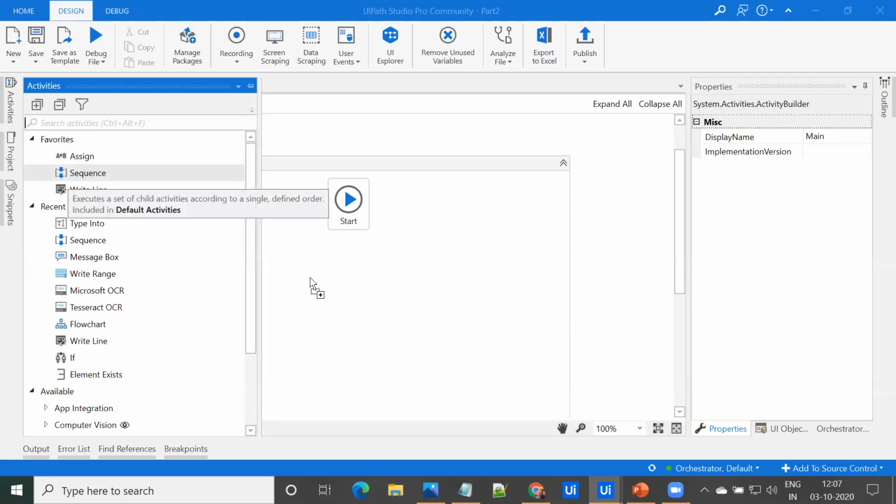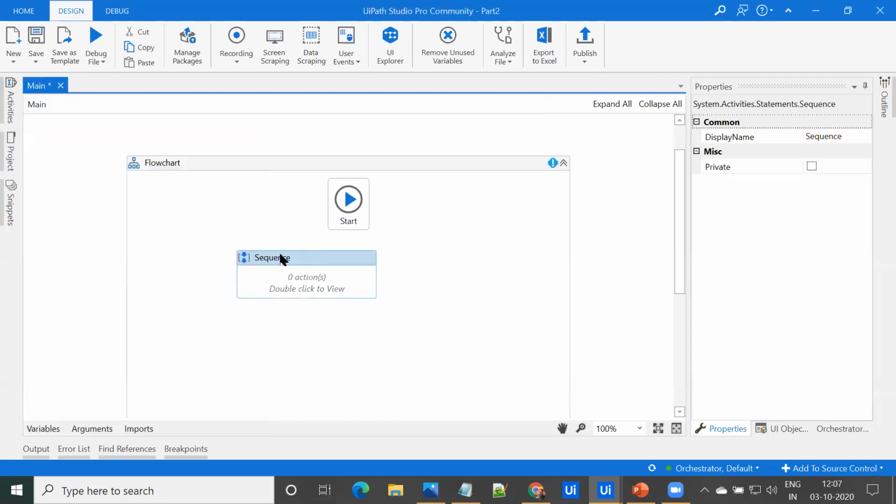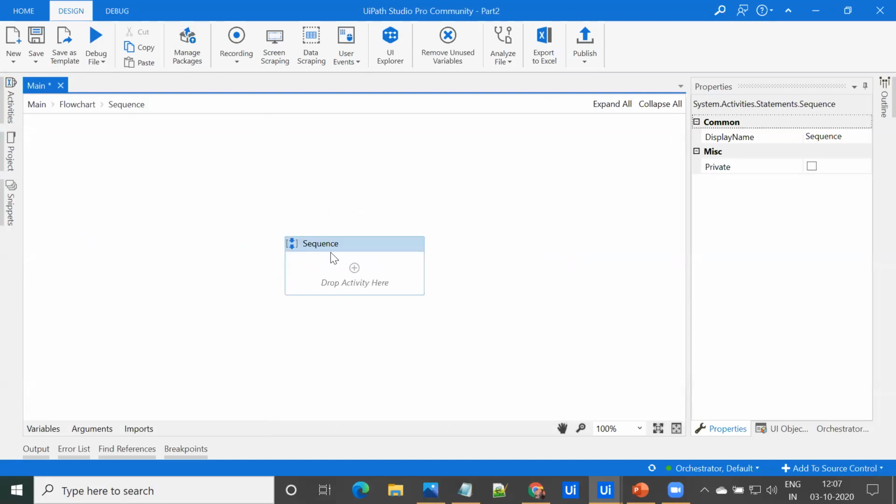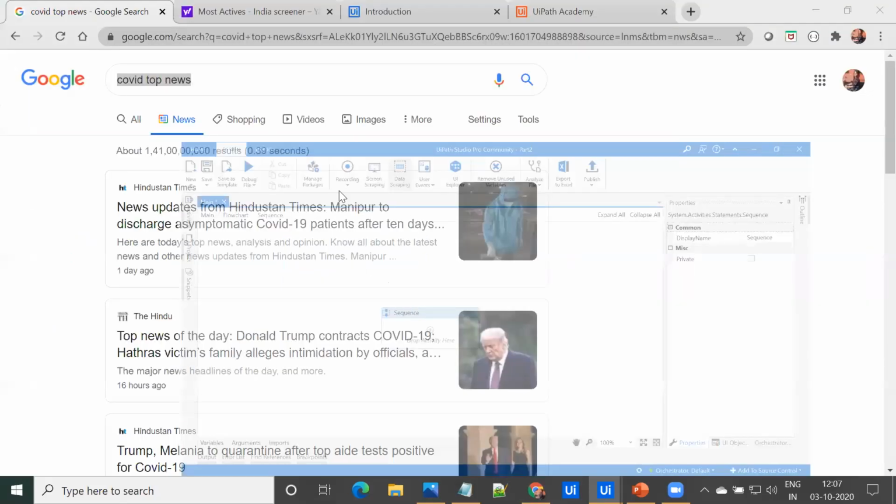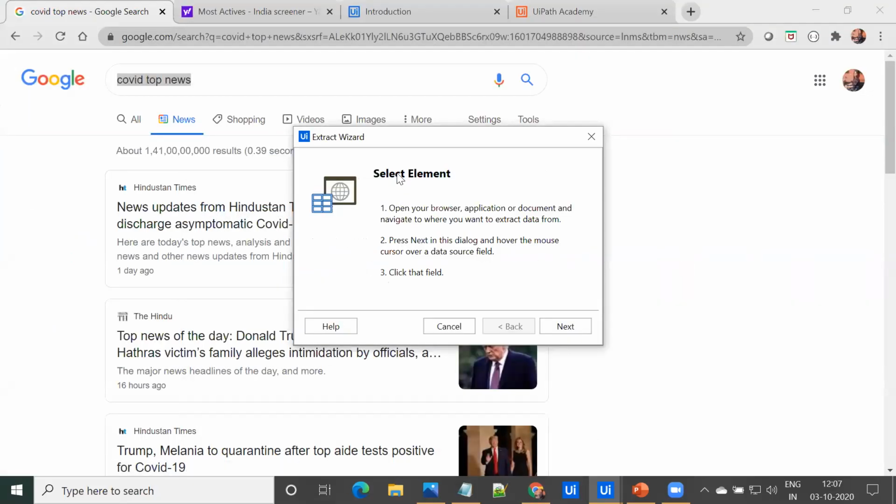Let's drag in one sequence. In an earlier session, we saw what a sequence is. If you have not attended that session, you can watch the recording. For data scraping, we need to navigate to data scraping, and you can find this in the design panel. We just need to click on this, and it will allow me to select the element from the screen.